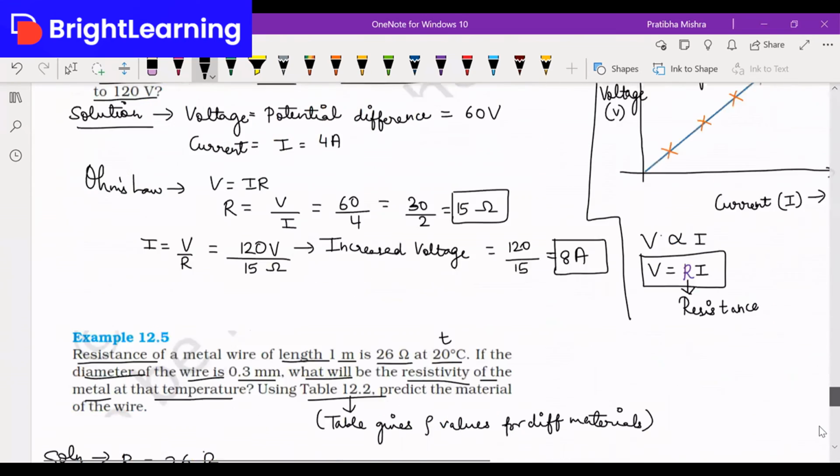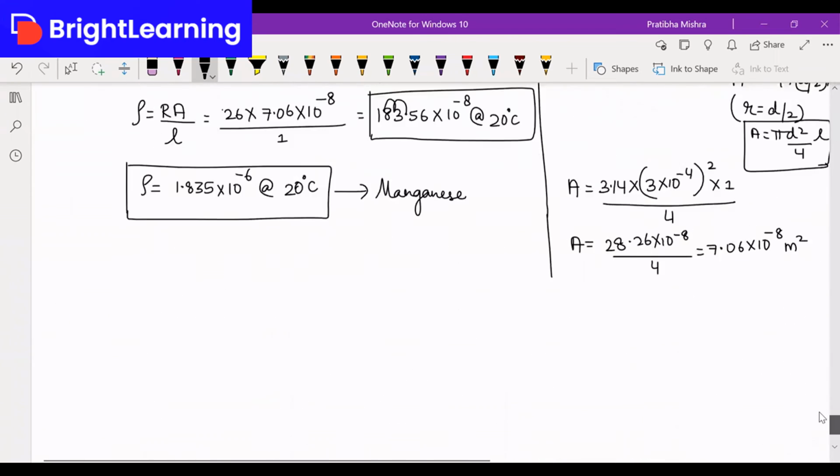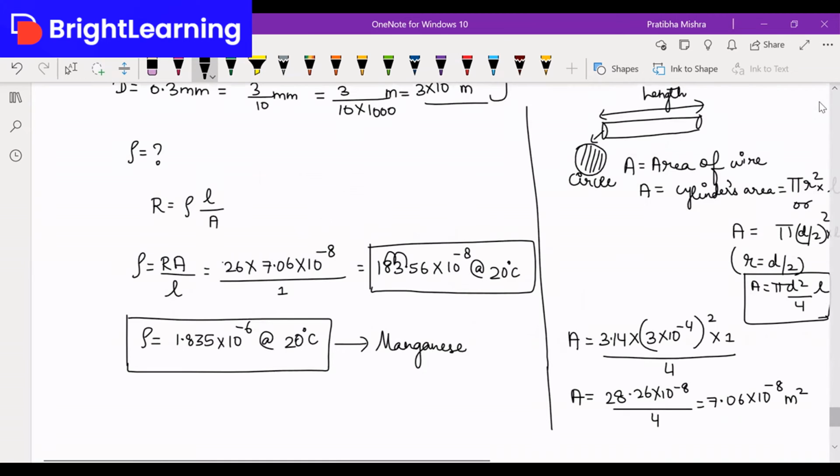Okay, and kids, if you have any doubts, do let me know. So any kind of doubts here to anybody? See, finding out area is something very important. So initially the answer that we got, as I told, 28.26. That time I didn't divide it by 4. Now this is what you get. And that's how you'll get it. It's manganese. How? After comparison. Comparison from what? From table 12.2 from the textbook.